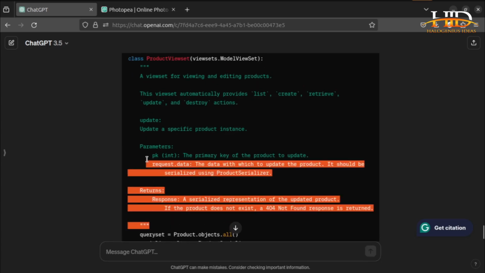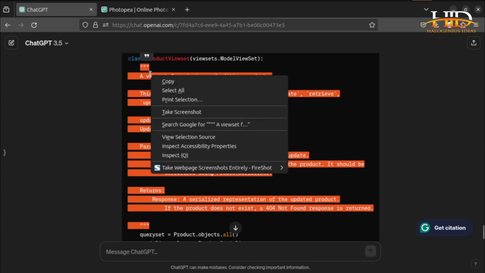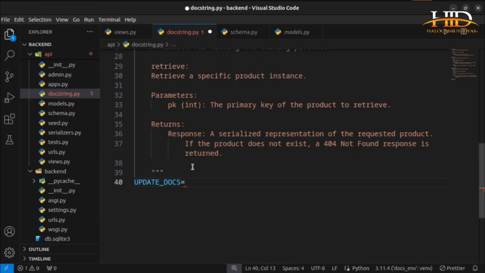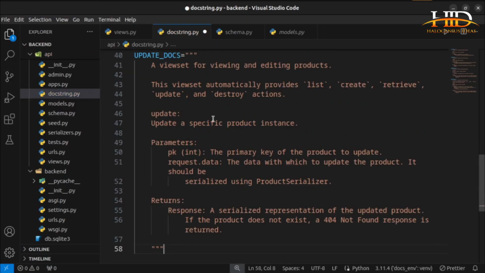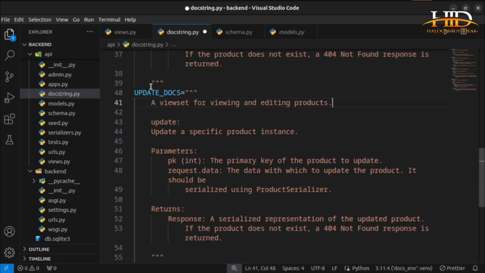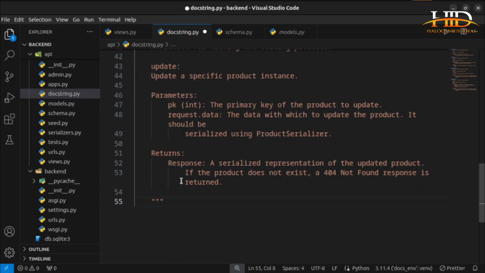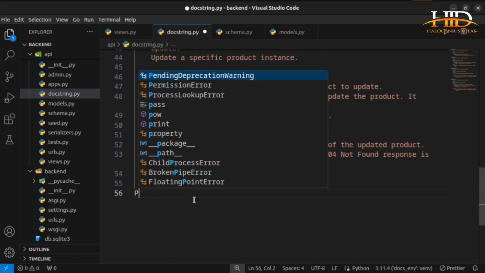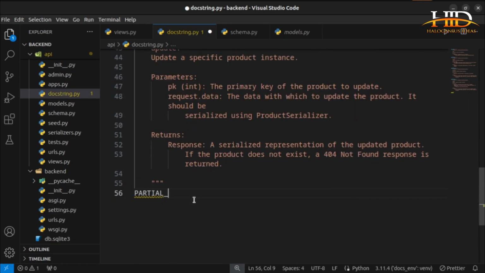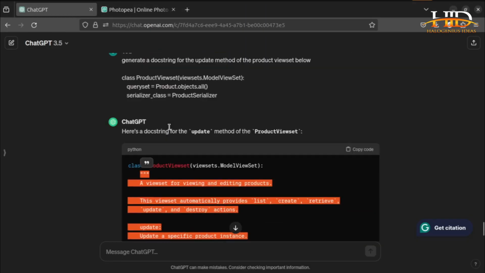So okay, so this is for the updates, and now we have the partial update as well. So partial updates. So partial update docs. For the partial update docs,